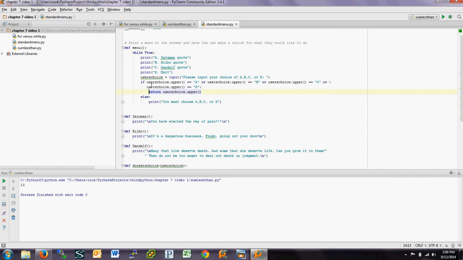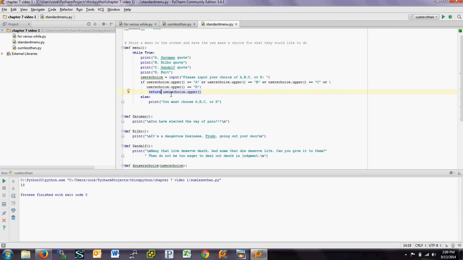Well, we get a proper choice from the user, and in that case, we do a return statement, and as soon as you execute a return statement, you exit the procedure. So this whole thing will stop running, the menu will be exited, and you'll go back to the calling program. Okay, so this loop is in an infinite loop until the user puts in a proper choice,